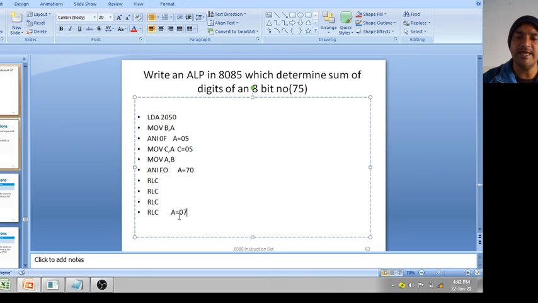Now one data is in A, another data is in C. Now just use ADD C, then STA 3050. Okay, this is your program to determine the sum of digits of an 8-bit number. So the number is 75. What will be the answer? 7 plus 5 is 12. So the answer will be 0C in the hexadecimal number system. Okay, this is your program.